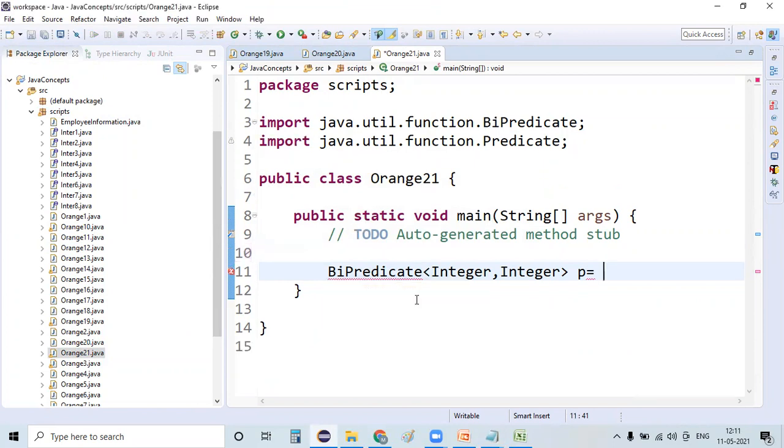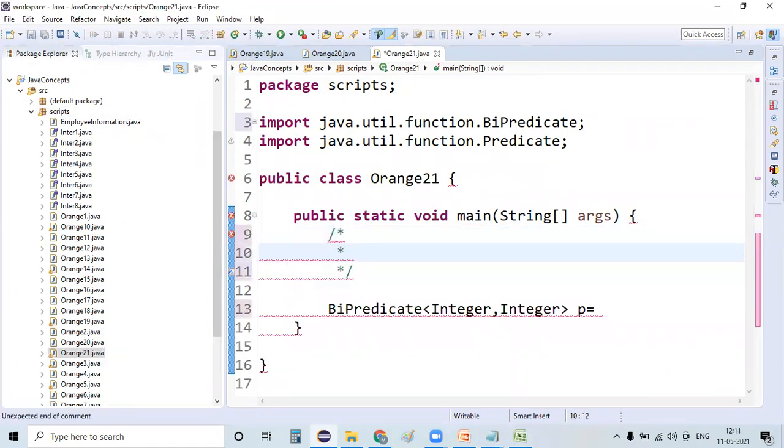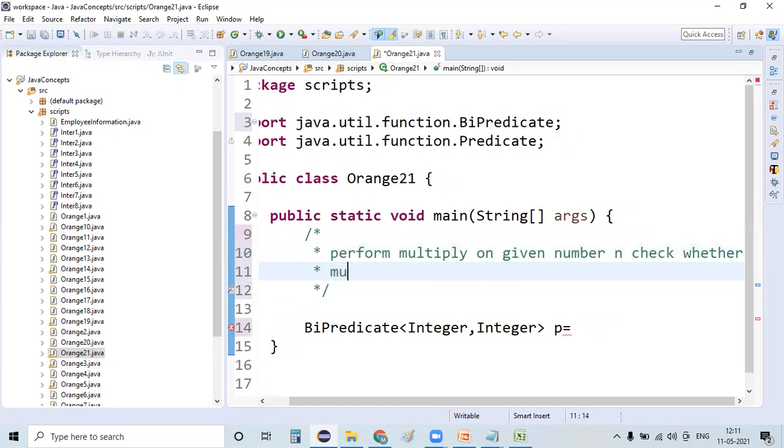The predicate I want to create is: first perform a multiply operation on the given numbers and check whether the multiplication outcome is even or not.